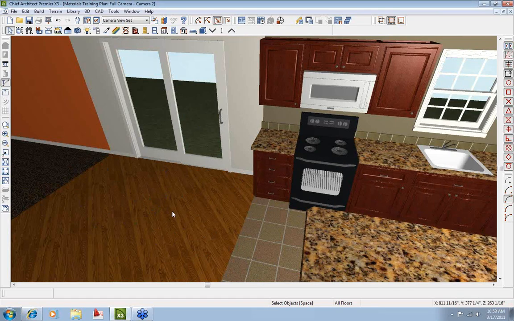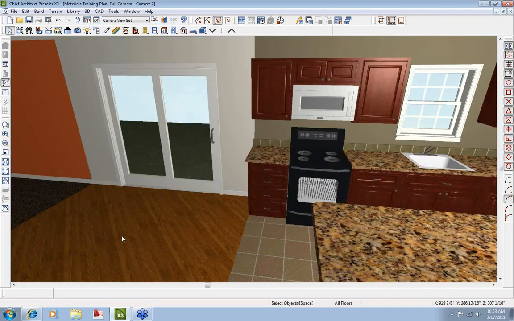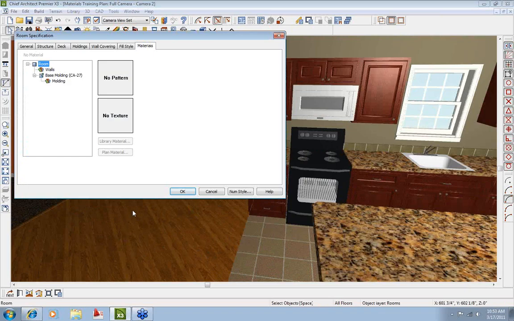Now what's going to happen is if you open up a new plan and you go to the library and you apply that same material, it's still going to be straight because you did not change the library material. All you did was change it in the plan. Okay? So if that's something that you wanted and you wanted to save it, again, we can just open up our